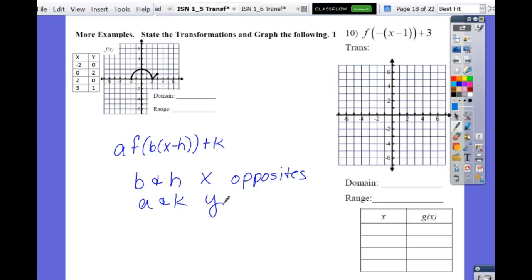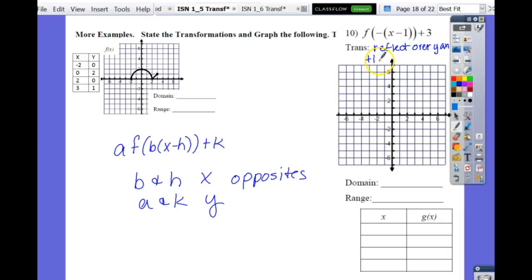So if it's a negative on the inside, which variable does that affect? X or Y? X. Inside the parentheses is always your X. So I'm going to multiply, or divide really, by -1. So if I multiply the X's, that's a reflection over which axis? Reflect over the y-axis. The -1, that's where it's our liar. It's the opposite, so not -1, but I'm going to